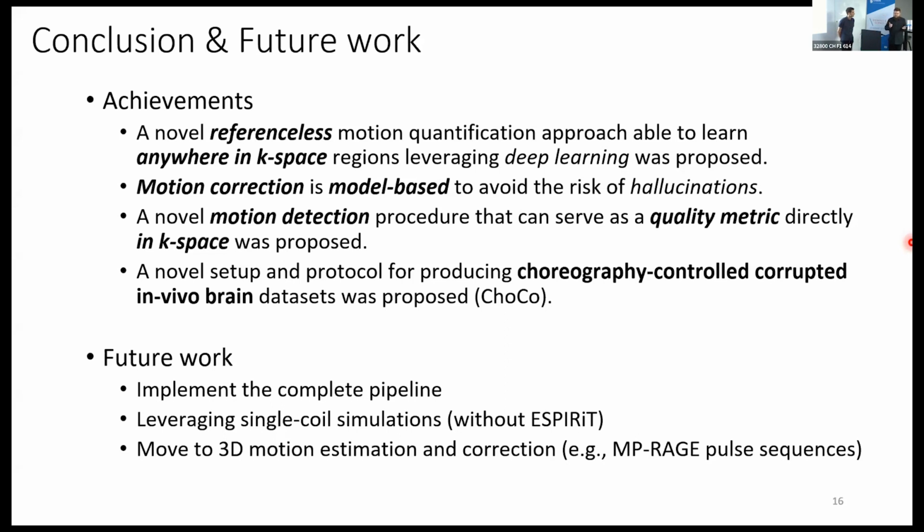We could try, because we give a neighborhood around the region of motion onset, so we could try to pad it with zeros and see how it behaves, whether it's able to leverage the information that's there. But otherwise, we would need to study and probably train the neural network to account for that, or at least do, for example, a machine learning enhanced GRAPPA or something like that. Thank you.